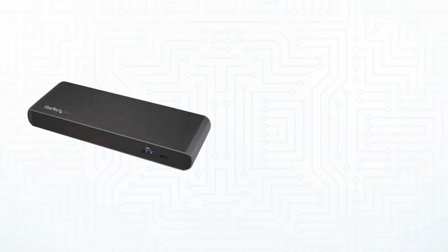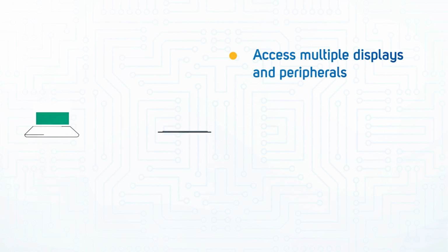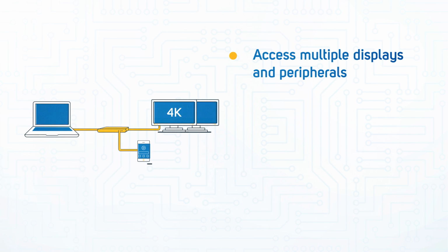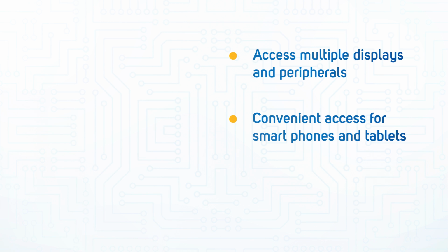Thunderbolt 3 USB-C ports enable you to access multiple displays and peripherals and can alternatively support a single 5K display. The always-on USB 3.0 fast charge and sync port provides convenient front access for your smartphone or tablet. The dock also includes two